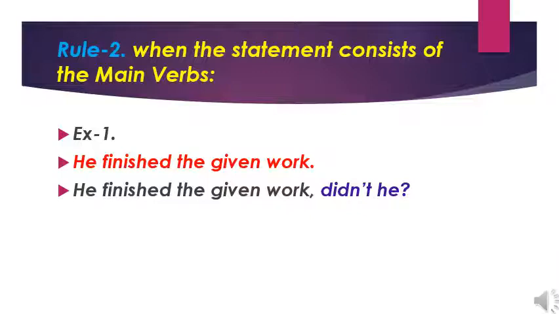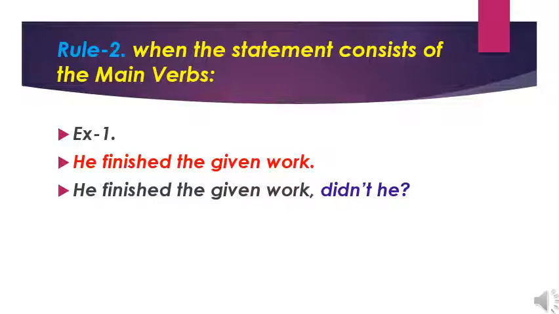The only thing you need to know is what kind of helping verb has to be taken when the sentence has only a main verb. If the verb is in the simple past tense, you are supposed to take the helping verb "did." If the verb is in the simple present tense, in this case, we have two ways of writing. Suppose the verb is added with s or es, you are going to take "does." If it is only V1, you are going to take "do." So, in this statement, we have the V2 verb form, so we are taking "did" as the helping verb.